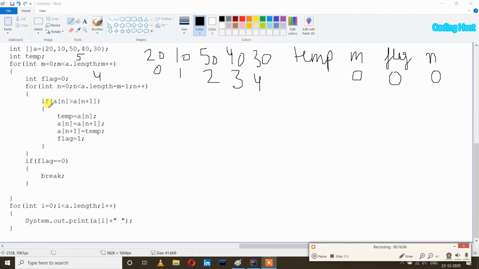And now we have an if statement here. If a of n is larger than a of n plus 1, so n is 0. So at index 0 the element is 20, and at index n plus 1, so 0 plus 1 is 1, at index 1 the element is 10. So the element on the left hand side is larger than the element on the right hand side, yes, true, and